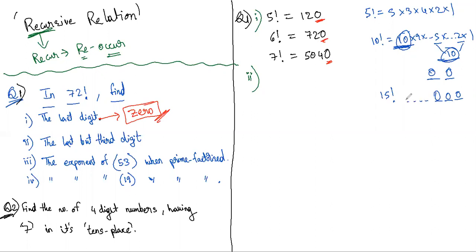Now after this, you guys are able to understand the pattern. So definitely now the question is not asking much. It is just asking about the last but third digit. So after 20 factorial, because 20 factorial will be divisible by 10,000, every number will be having 4 zeros at the end. So 22 factorial is greater than 20 factorial. So the answer of this question will also be 0.